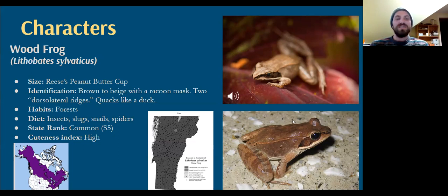And two interesting things about them. One is that their sound, the vocalization they make when they enter these breeding ponds, sounds a lot like a quacking duck. Or other people describe it as like two stones hitting each other. And they're very loud. If you start having an ear for amphibians, you'll quickly learn to recognize where wood frogs are hanging out. And then the second fact I have about them is that the Vermont